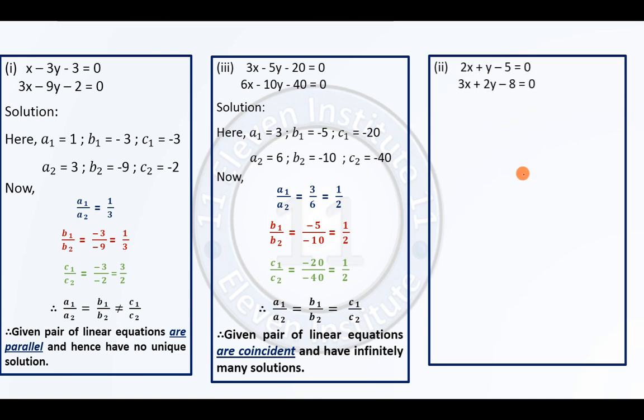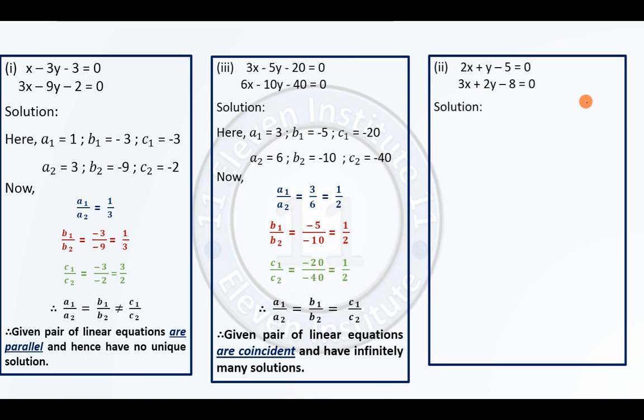Let us see both the equations. Right, from 2 I get 3. This is multiplication with 1.5, and if I multiply 1 with 1.5, the answer should be something else, but I have over here 2, which means that a1 upon a2 is not equal to b1 upon b2. Still, we will first apply the formula.